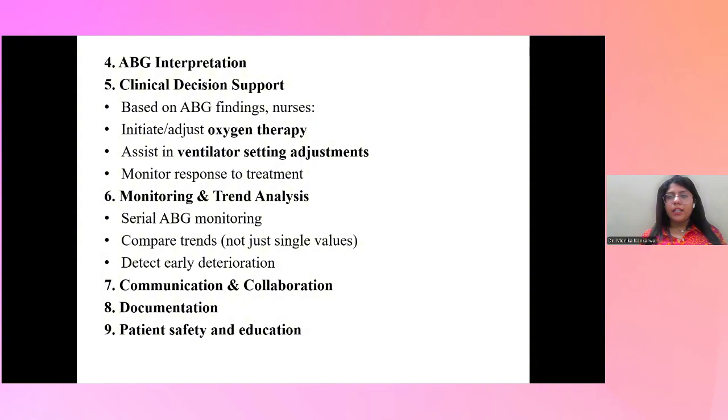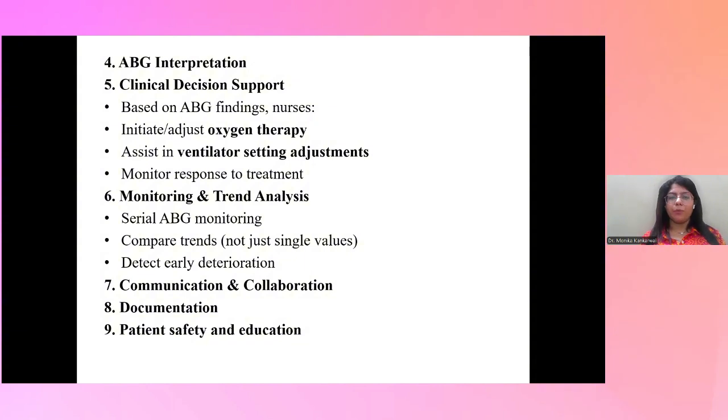Documentation, as I already said, because we have to have a trend analysis, we have to have a monitoring each time for the patient, then documentation is the crucial parameter and the nursing responsibility. And lastly, the patient safety and education. So in this, we have to ensure patient safety parameter also, and we also have to educate our patient